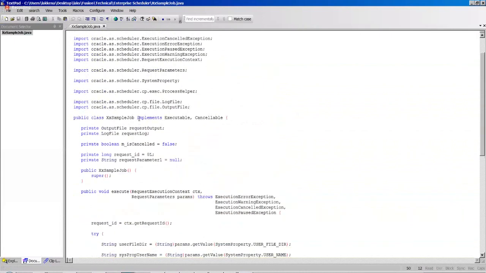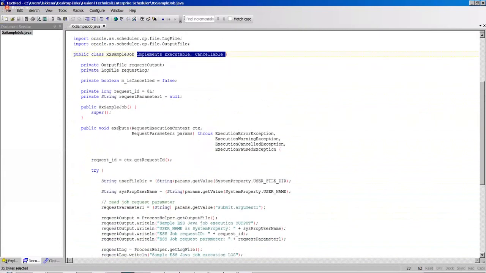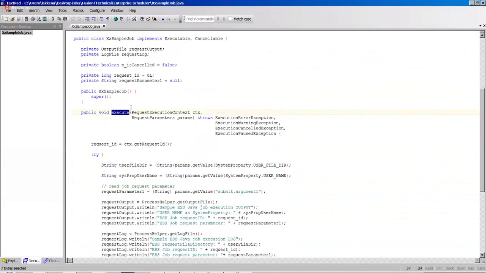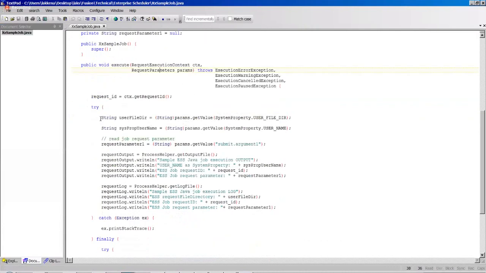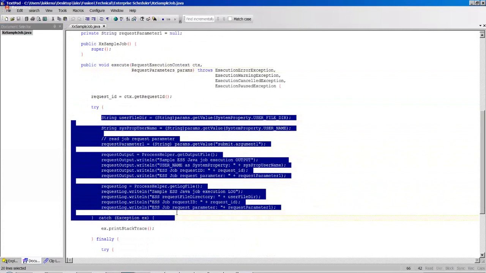If you want to have Java as a program unit, it has to implement executable and cancelable, and implement the execute method, which will take two parameters: request execution context and request parameters, and here you can write your own code.